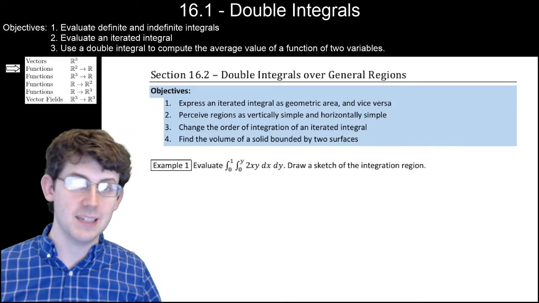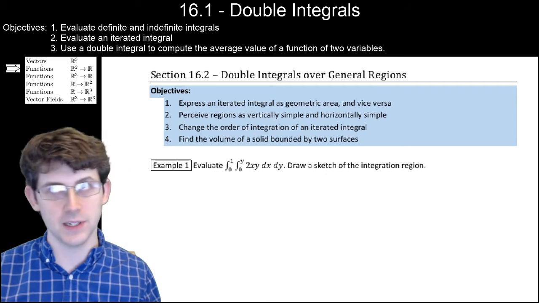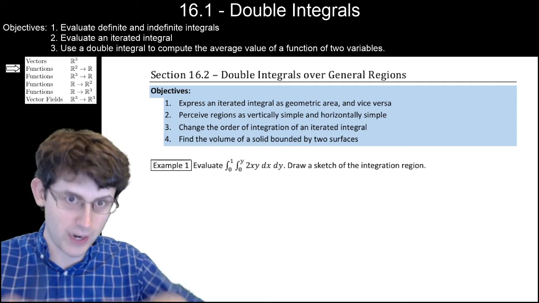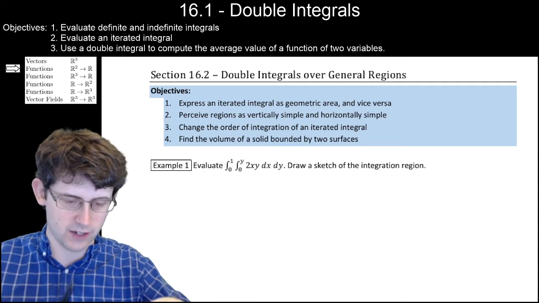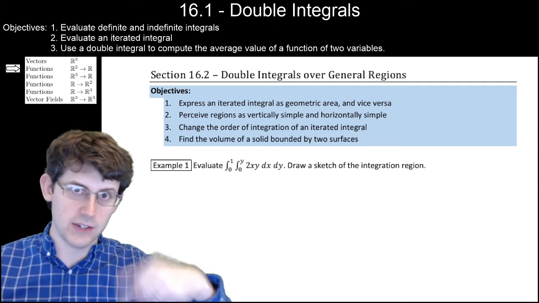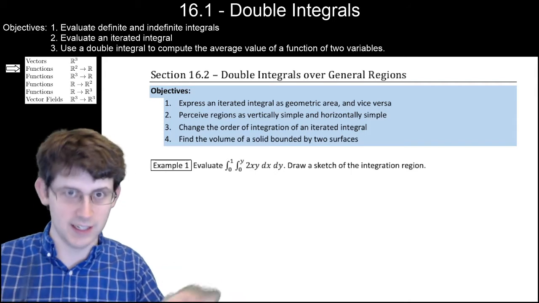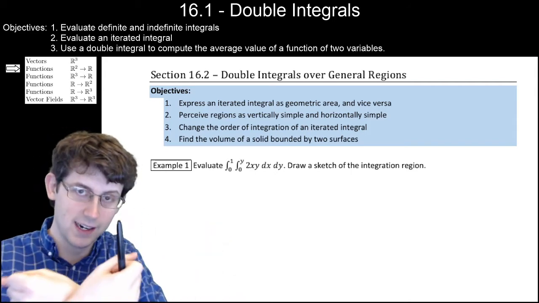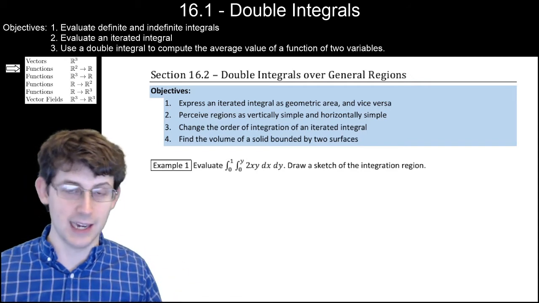This is section 16.2, double integrals over general regions. In 16.1, we did double integrals where the base region was a rectangle. And we realized that when the base of your integral is a rectangle, the x bounds and the y bounds are both numbers, and everything is kind of easy. If you want to do the integral in a different order, you just switch where the numbers are. When the base is not a rectangle, it's a little bit more complicated, and we'll figure out how to deal